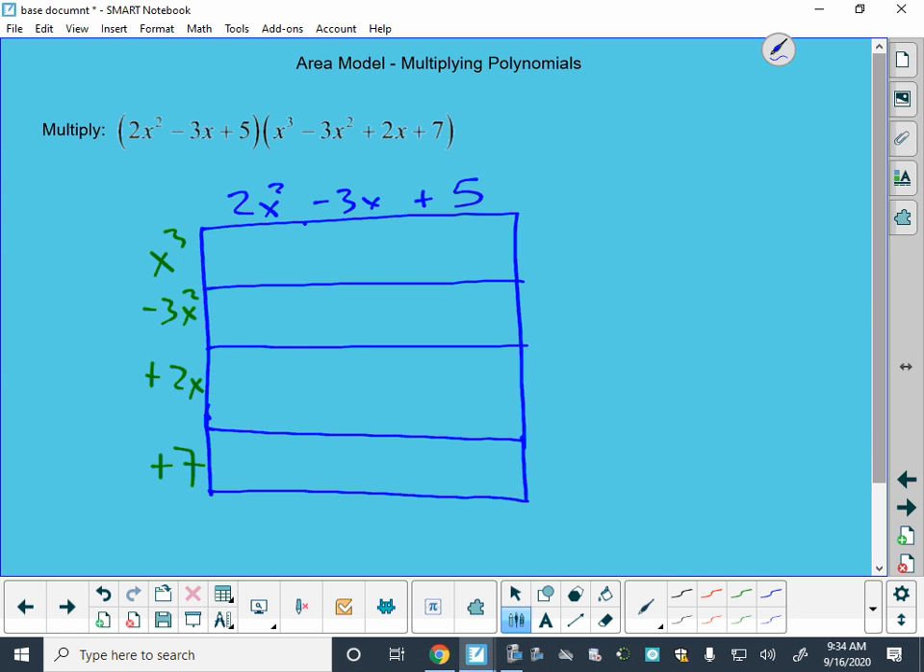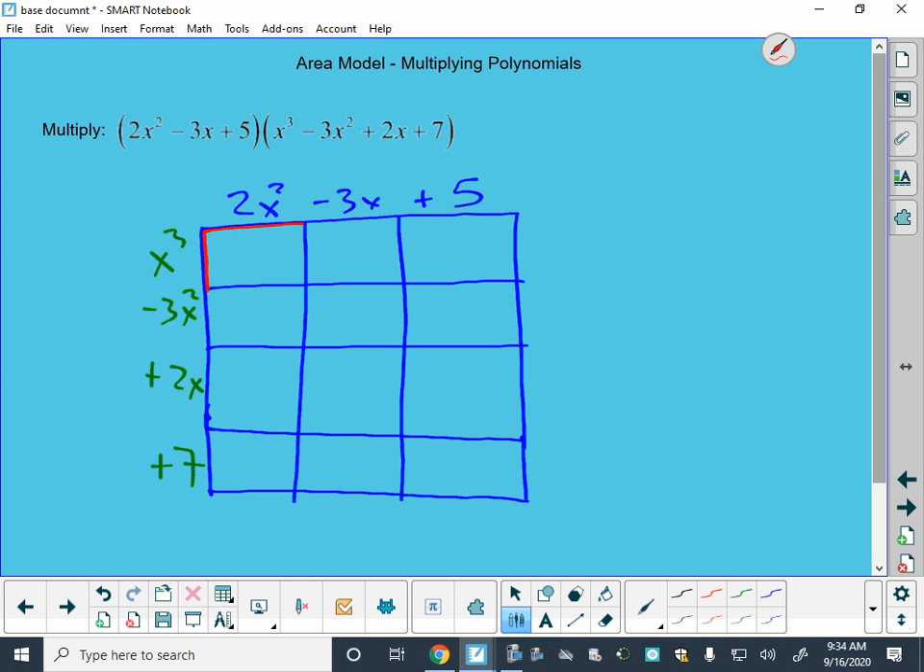so that we've got spaces for each of those. So we have a trinomial on the top and a quadrinomial on the left-hand side. 3 times 4, there's 12 squares to fill in. I like this method because the only way that you forget to do something is to leave a square blank, and you're probably not going to do that. So now, instead of looking at this as one big problem, we have 12 small problems,